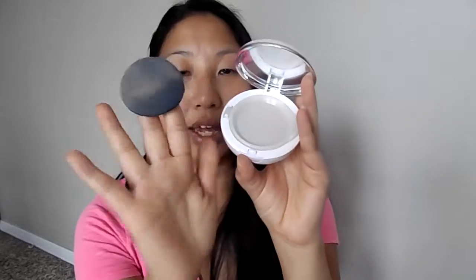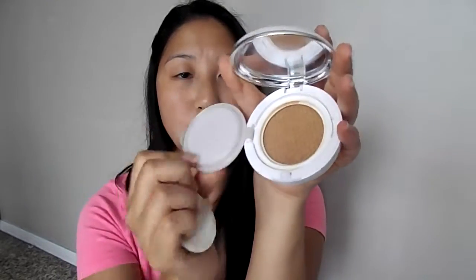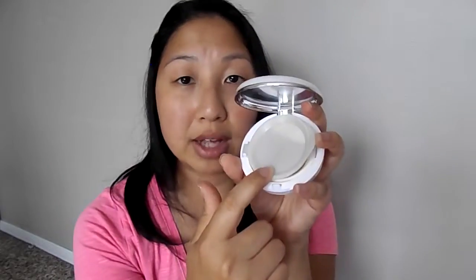They come in this really nice compact. It is pretty thick, but there's a reason for it. You will push this button, open it up, and you have this mirror. There's also a cushion that sits right here, and you take it out. It looks like this. This is a bit dirty, but then you have this little compact here. You open it up and there is your foundation. Typically when you purchase the foundation, it comes with this compact with your foundation already packed in here, but you also receive a refill. That way all together you usually end up with about 1 to 2 fluid ounces of